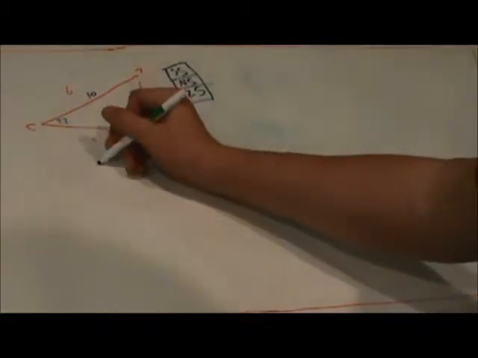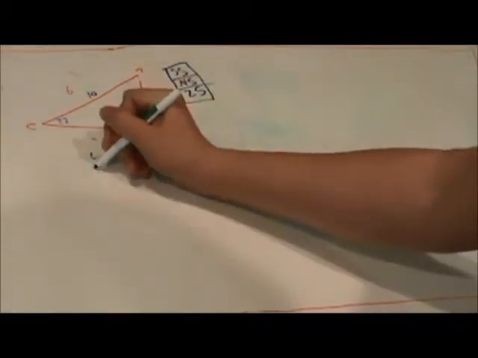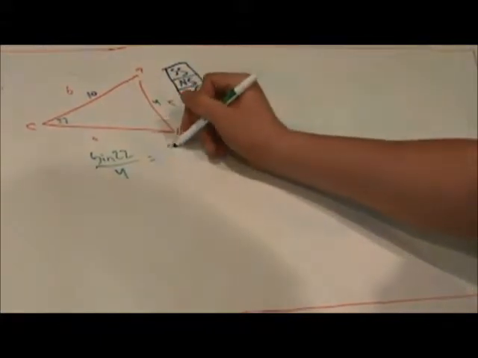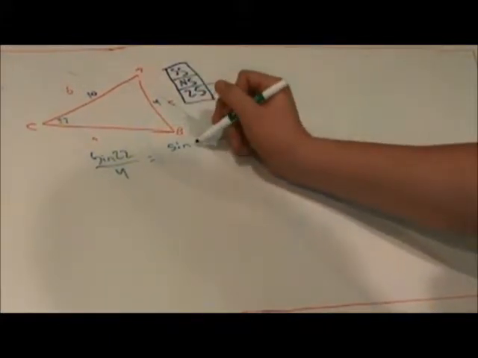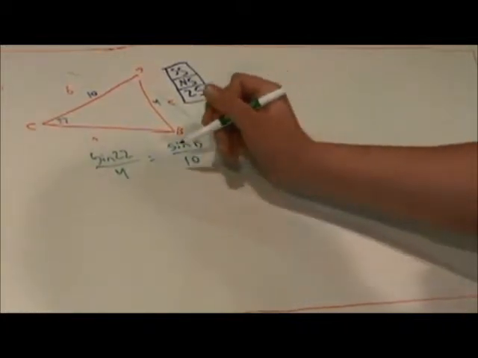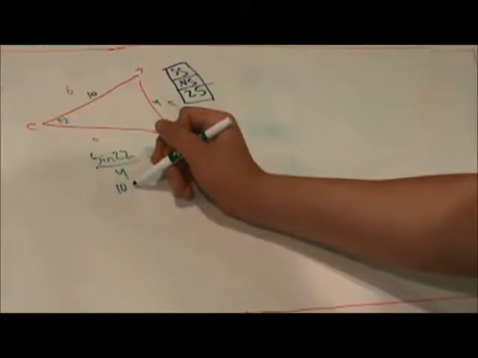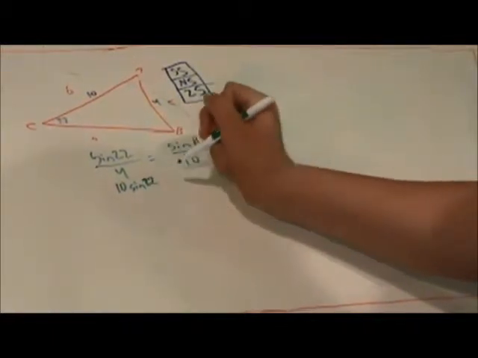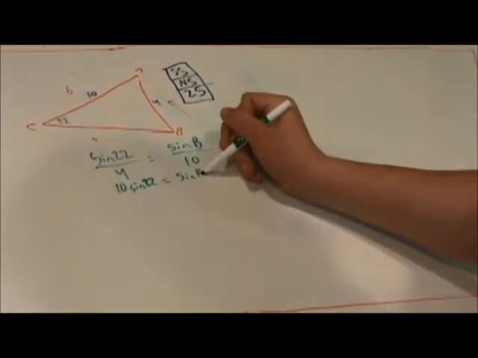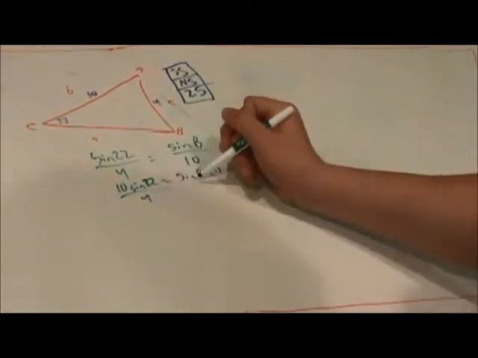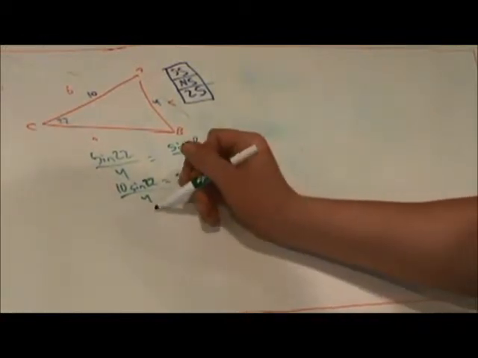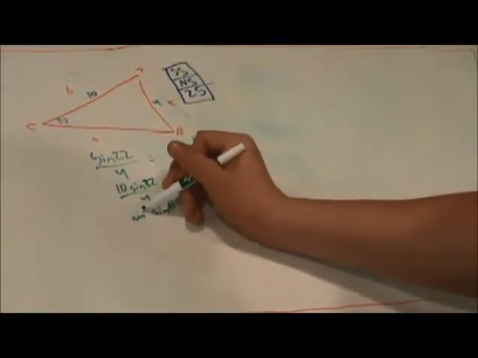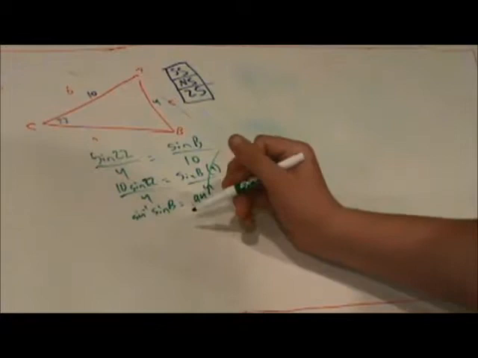And we can do sine of 22 over 4 equals the sine of b over 10. And if we solve this, we get 10 times the sine of 22 equals the sine of b times 4. Divide everything by 4, and you get sine of b to be 0.94. And now to find the actual angle of b, you arc sine each side, and that gives you the